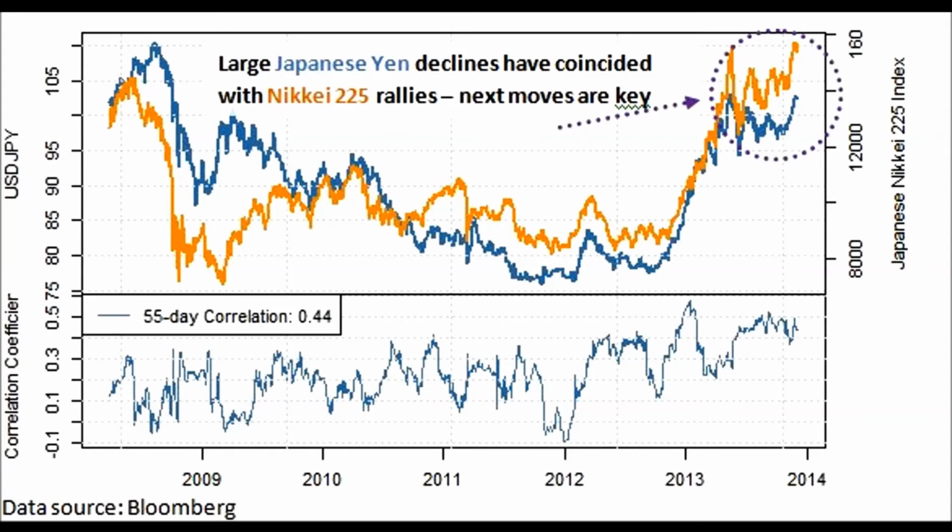It is important to understand the inverse correlation between the yen and the Nikkei 225 equity index. So as you can see on this chart, the dollar-yen market is highly correlated with the Nikkei 225. So in a nutshell, if you see a rally in Nikkei 225, we will see also a rally in dollar-yen, with opposite relationship that a weakening of the yen will take place. On an annualized basis, the dollar-yen market has a correlation index of 0.44, which is pretty high right now to